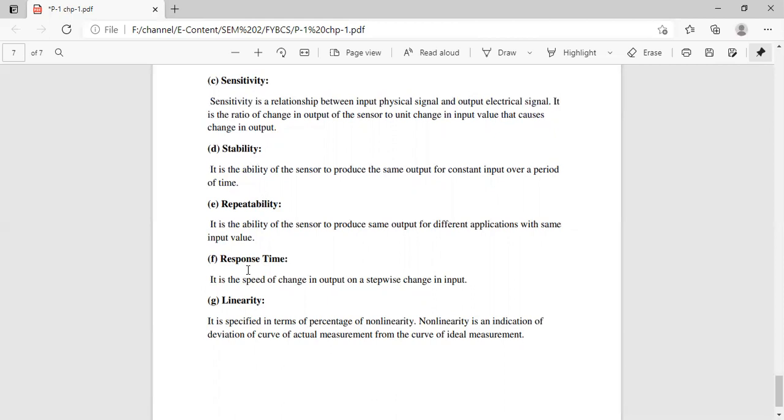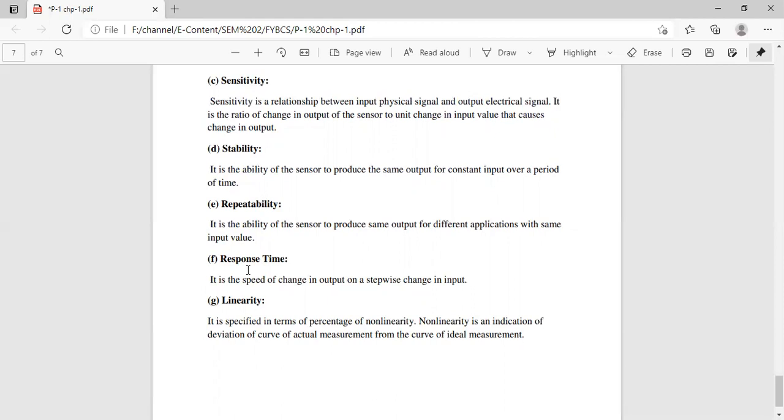Okay, and there is one more thing which I would like to include in this, the classification of sensors as active sensors and passive sensors. What is an active sensor? An active sensor generates electric voltage or current directly in response to the change in input and does not require an external source of energy for its functioning, right? So if there is a sensor which does not require any kind of external energy for its function, then you can refer to that sensor as an active sensor.